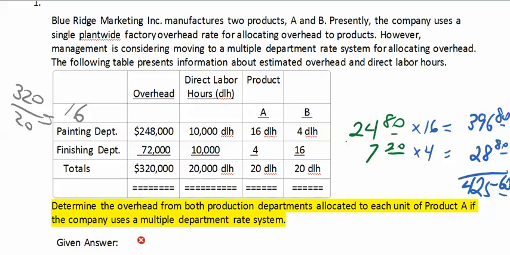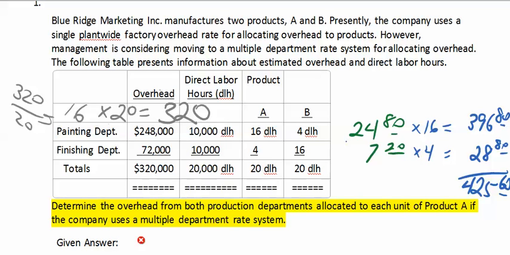And product A uses 20 hours down here. So I'd multiply 20 hours times the 16, and that is 320. So under the single plant-wide system, we would charge product A $320, but under a multiple department system, we'd charge product A